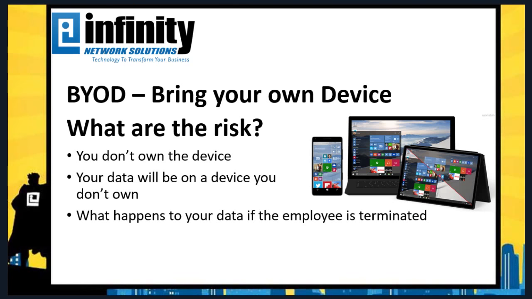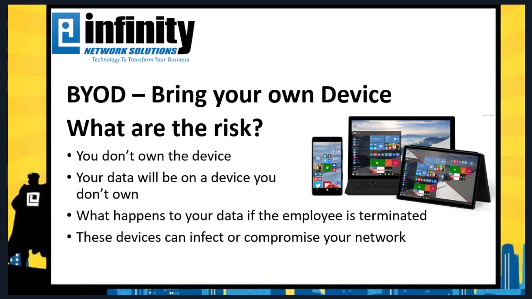These devices can have infections. They can have malware installed on them, and you're allowing them to have your data on them and also connect to your internal infrastructure. That is something that you have to cover and make sure it's protected against. And data leakage. It's really important that you control the perimeter of your data and where it goes and how it gets and where it ends up. When we talk about data leakage, it is the unintentional leakage of data to, say, social media sites, or if an employee lets a family member or a friend use their device and your data is on there and they're able to see it.